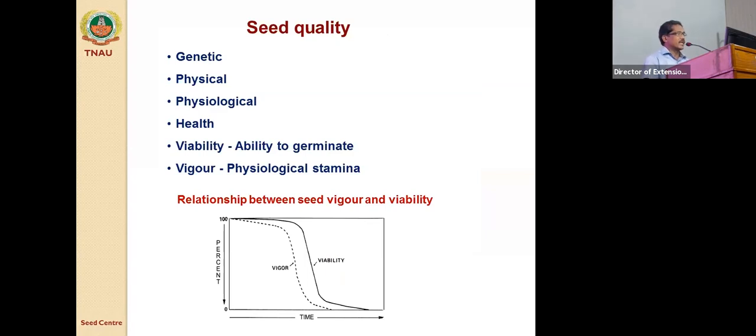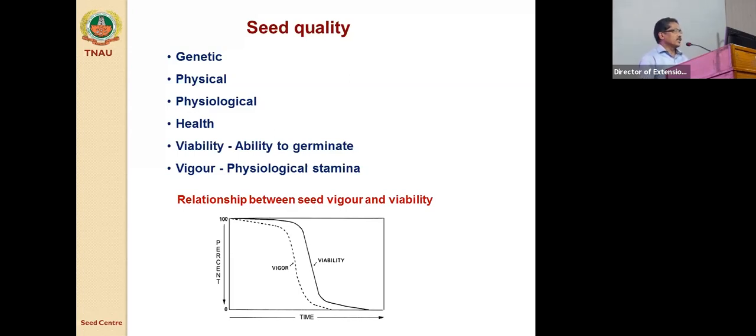You know well that this genetic quality is nothing but true to type of the parent, or the prescribed characters of the variety prescribed by the breeder. So that is called genetic quality. This genetic quality can be very well maintained during the production stage. But of course, we cannot make much modification after the post-harvest stages. So during the production stage, all seed certification officers and other agriculture officers know that this genetic quality is very important. It should be taken care of at the field level.